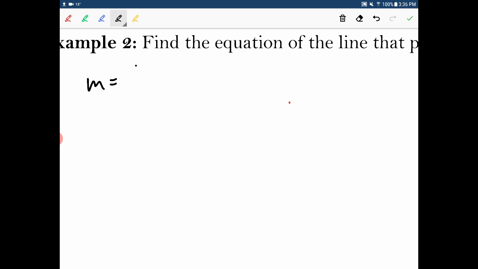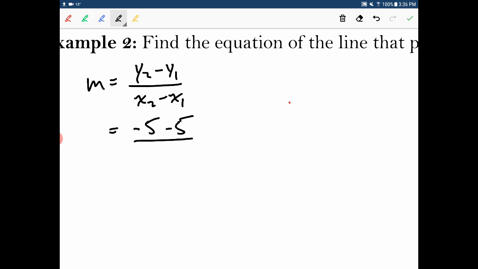So we write out our equation. M is equal to y2 minus y1 over x2 minus x1. Okay, and we just sub in the numbers. So we'll have -5 minus 5 over, let's see, we had 5